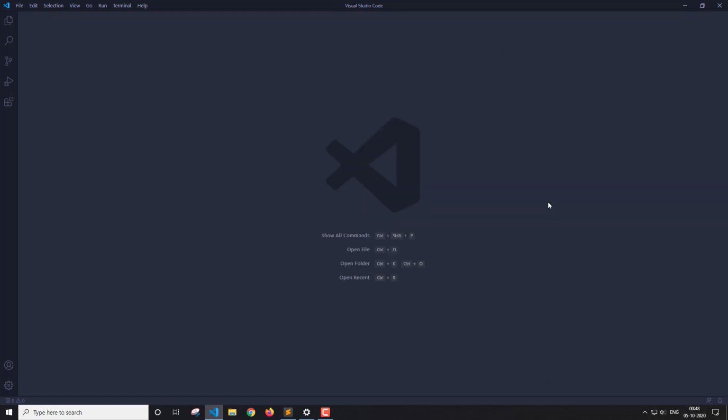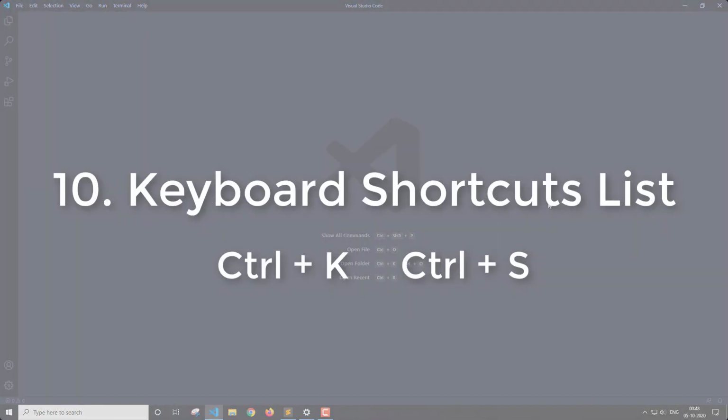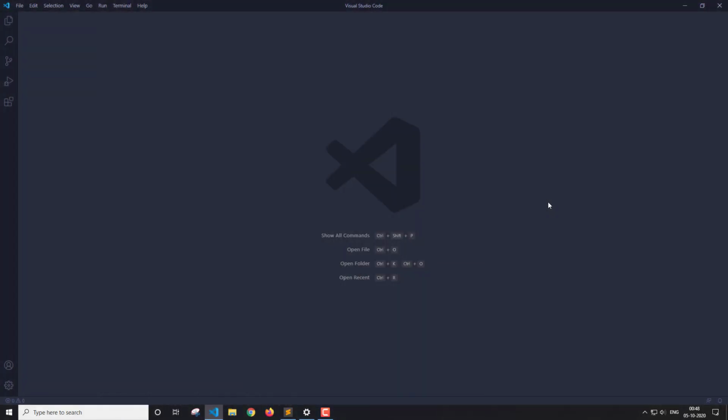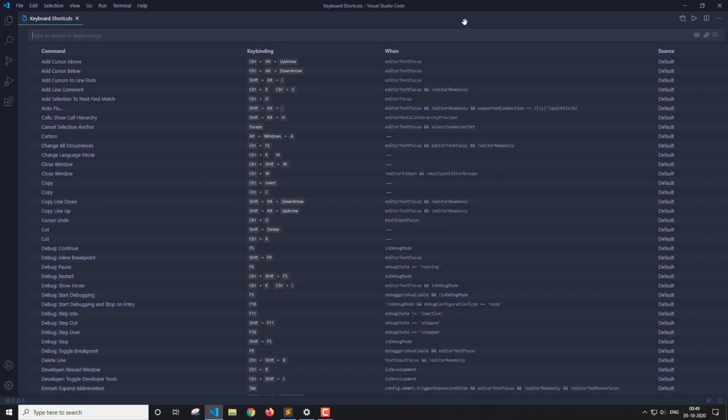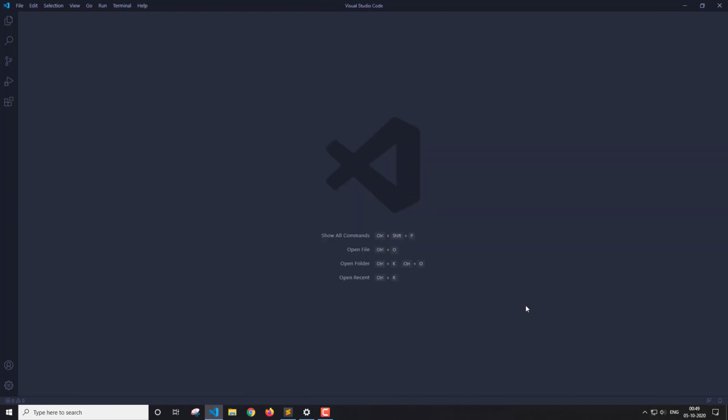Now the last command is that which will give you the list of all the shortcuts. This is to open a list of all the keyboard shortcuts for Visual Studio Code, and for that what you have to do is press Ctrl plus K, and then after you have to press Ctrl plus S. Here if you have noticed one thing, that is we are pressing two different things. First we are pressing Ctrl K, then we are pressing Ctrl S. We are not pressing and holding Ctrl K and then pressing Ctrl S. So this is important. Let me show you one thing.